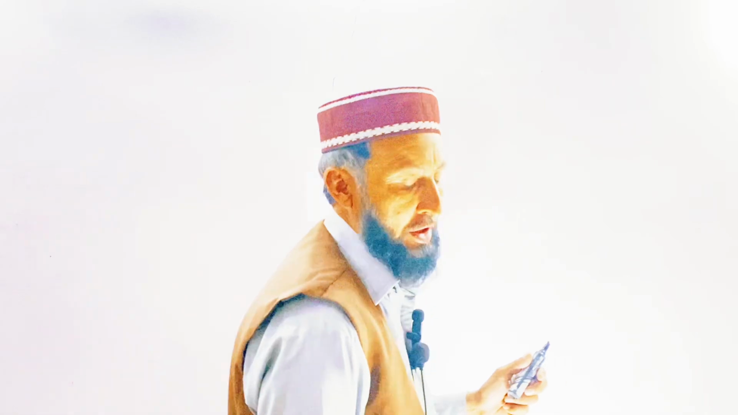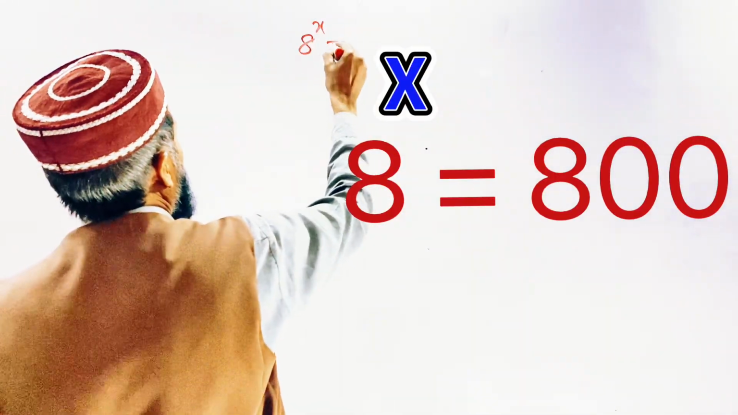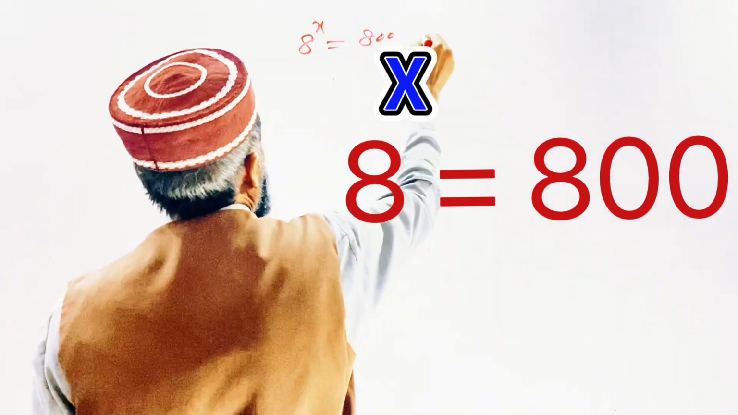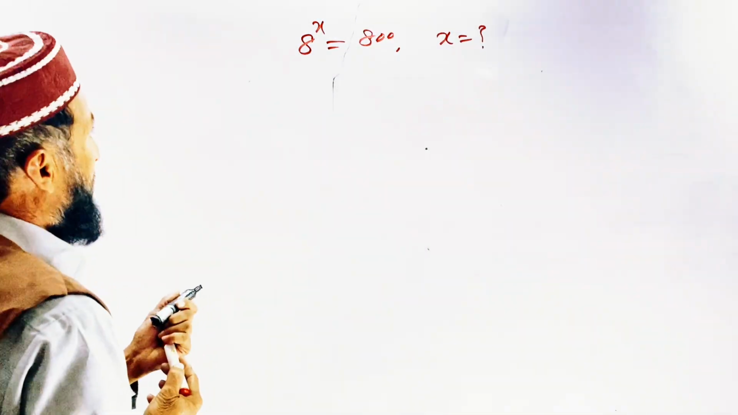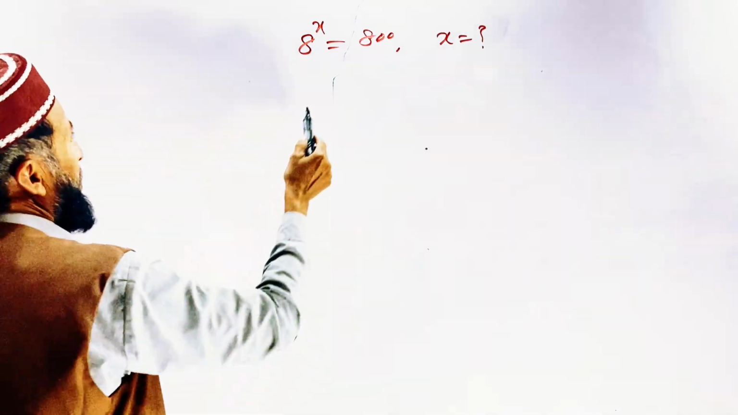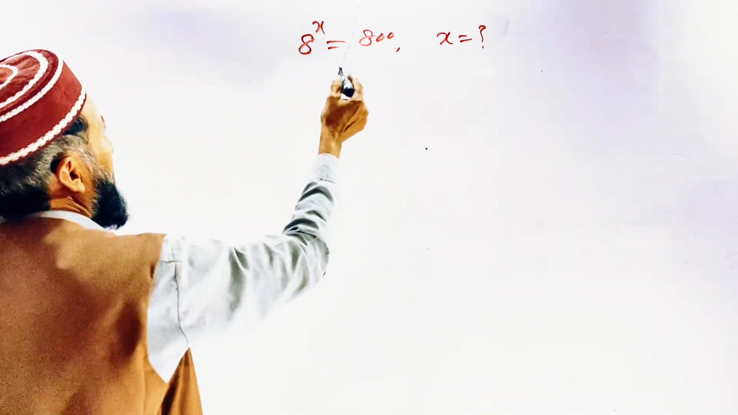Today we have a new exponential equation: 8 exponent of x is equal to 800. How can we find the value of x, which is unknown? In this type of question, first of all, we simplify the terms, and here we can write this